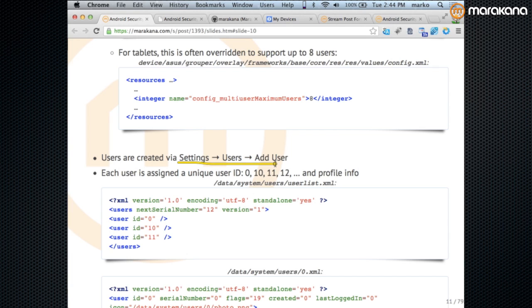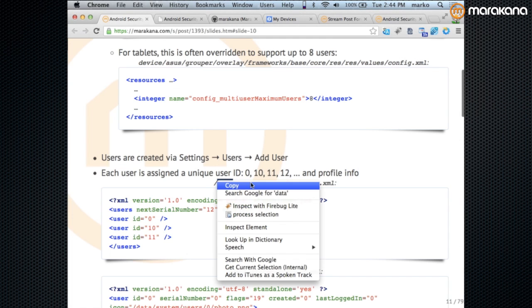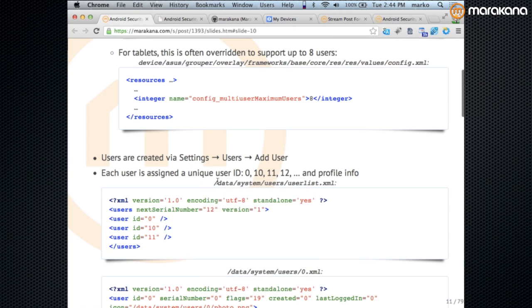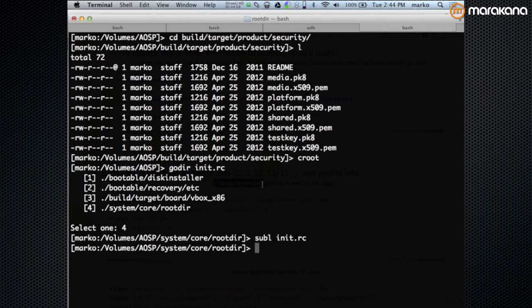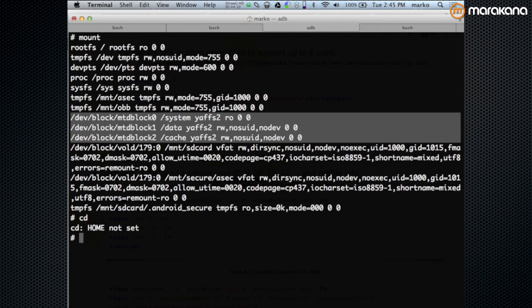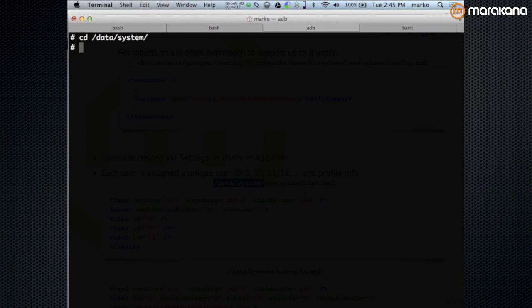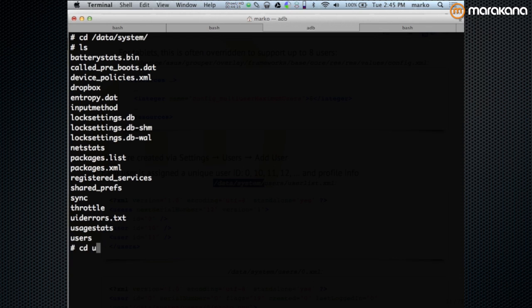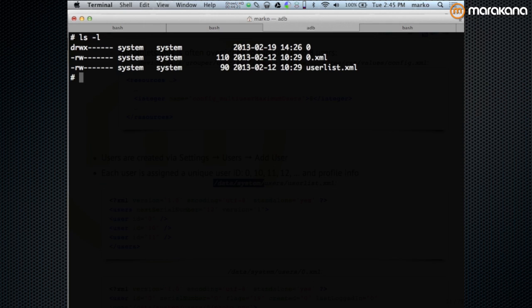Now, what happens internally is that back in the data system partition, which we talked about briefly before. So let me do this. I'm going to cd into it, just to do that. So if I go into users, there's now a subdirectory called users, which is new. And what we have in there is a user list. So if I cat